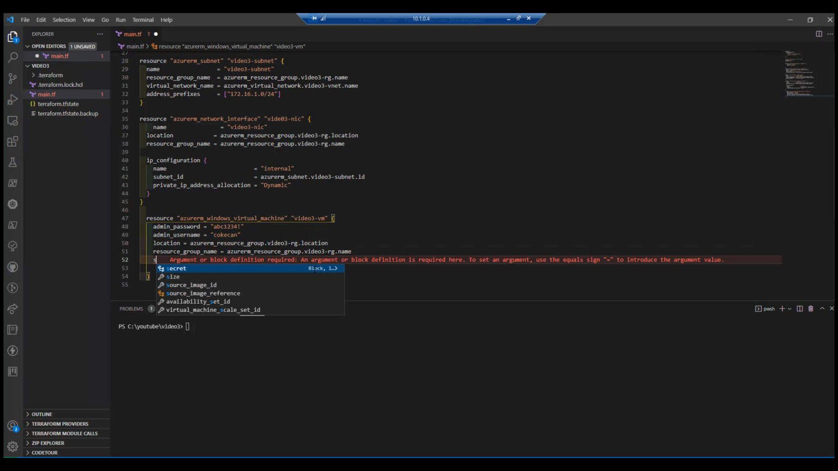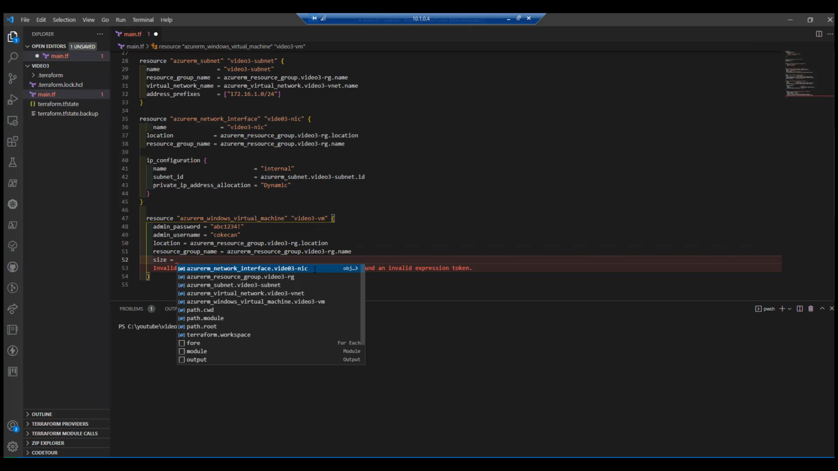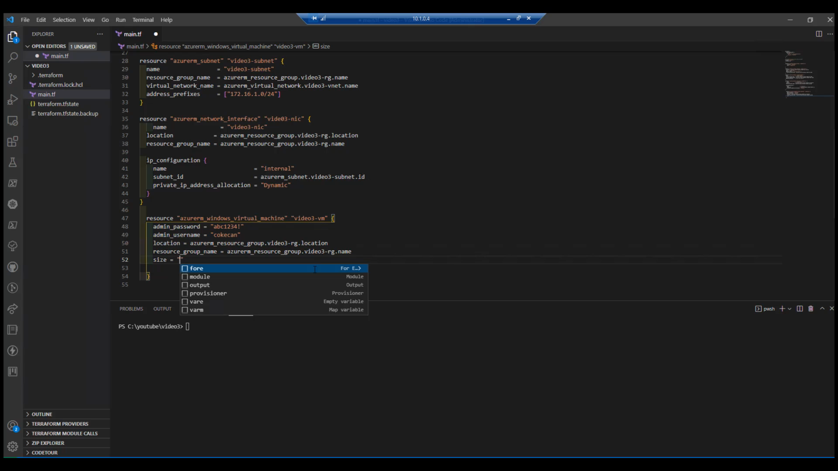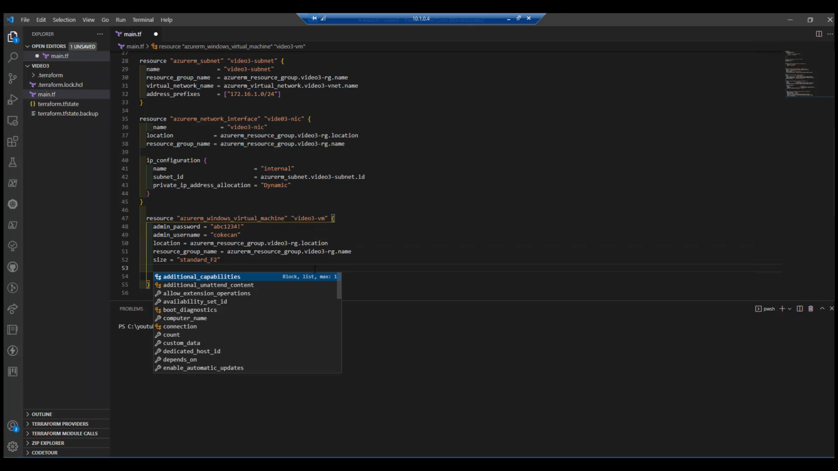I know we need to define the size. Can I do a space bar? Nope, doesn't get size. Unfortunately, you have to know certain sizes available in Azure. I know one is Standard F2. I'm not going to leave it up for long, so I really don't care what the price is. And we need to do